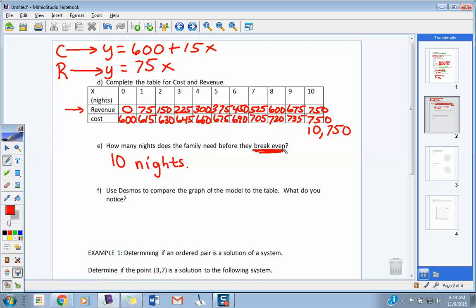Well, I'm going to write this. The point, which was 10, comma 750, the point where they met,